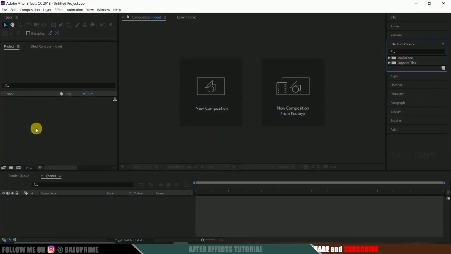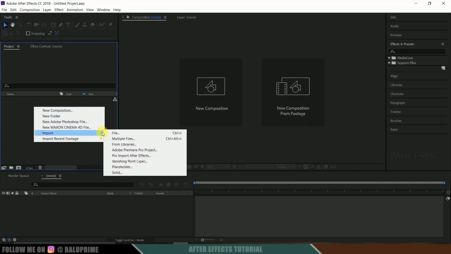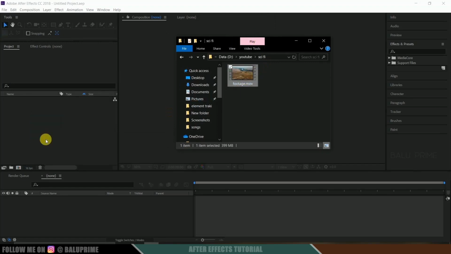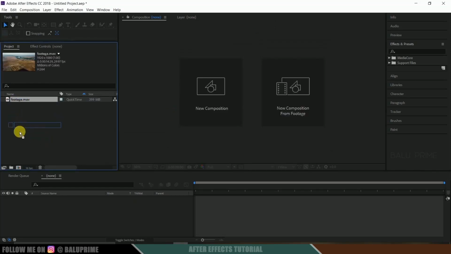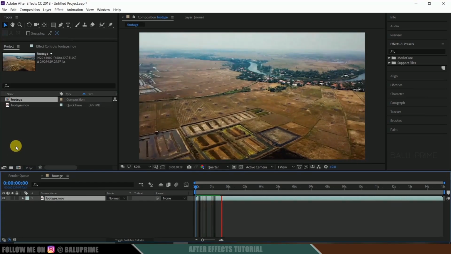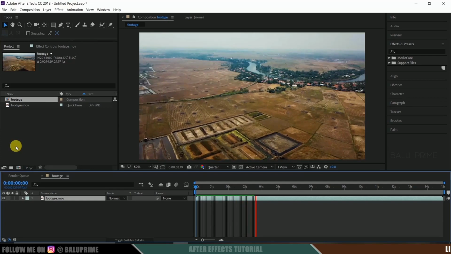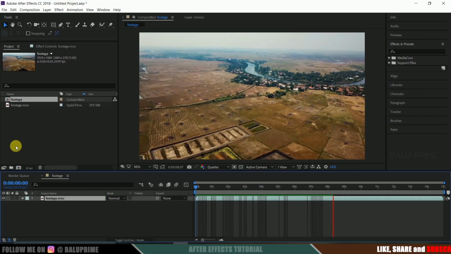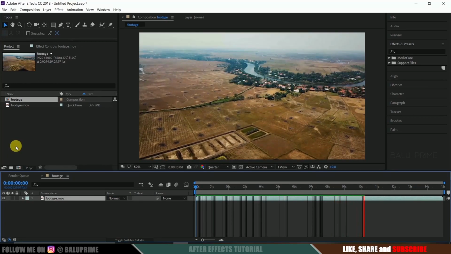So here we are in After Effects. Now let us start this by importing our footage onto this project panel. Right click on this project panel and import selective footage, or else you can directly drop your footage onto this project panel. Now again select your footage and drop it onto this composition icon here. Now let us see the preview of this. So here it is a royalty free stock footage that I have downloaded from my online sources, where I will be leaving a link in the description. You can download it from there if you want to follow through.